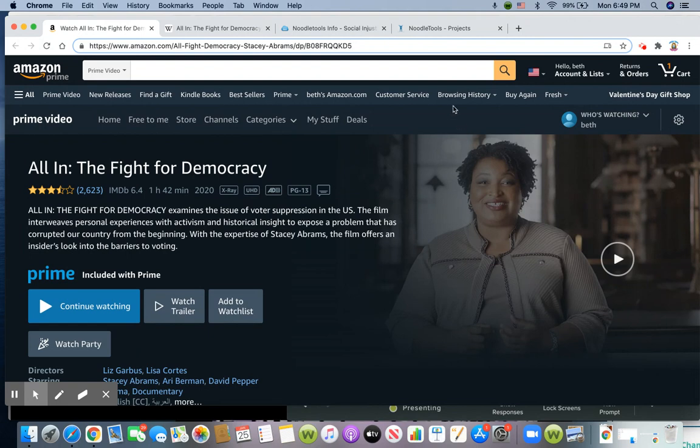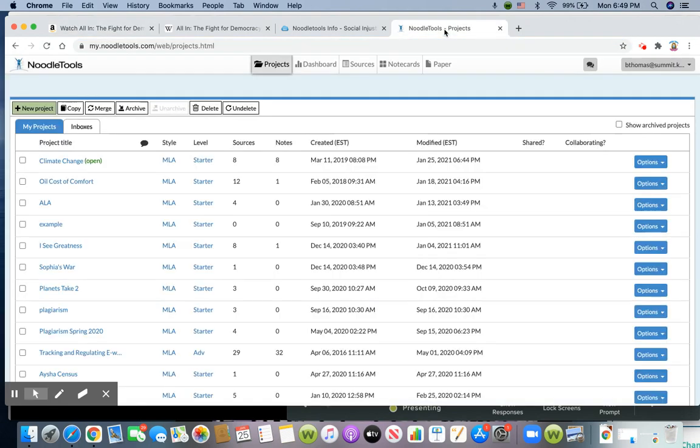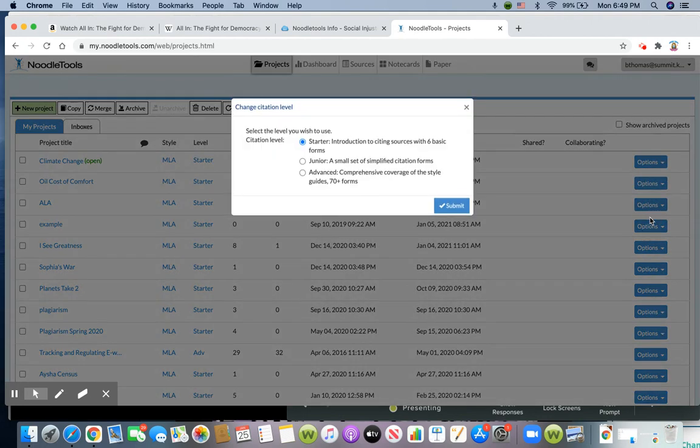So the first thing I'm going to do is go into Noodle Tools, and before you get started on anything, when you have your projects listed in front of you, find the project that you're working on. For this example, I'll do my top project, climate change for me. If you look on the right-hand side, there is a drop-down menu, and you want to select change level because we default to starter level, which is the simplest level to use,